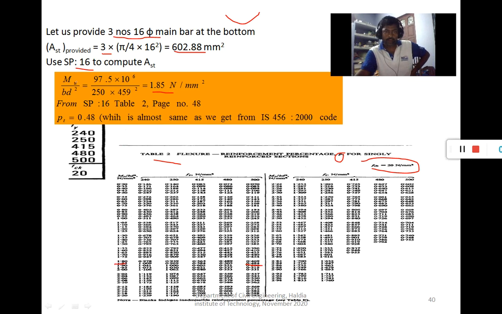So you see that if I use SP16, then we can save time, and detailed calculations are not required. From the table we can get the result directly. You can get the value from table 2 without detailed calculation.